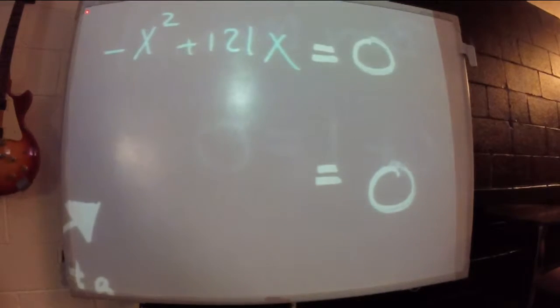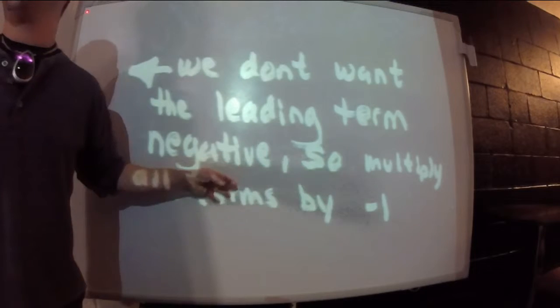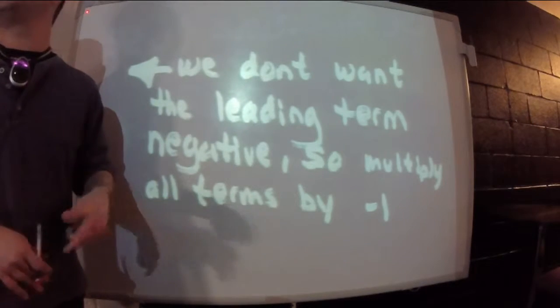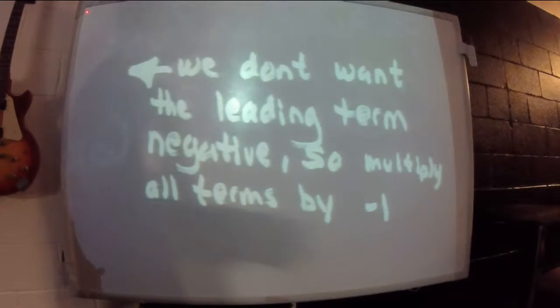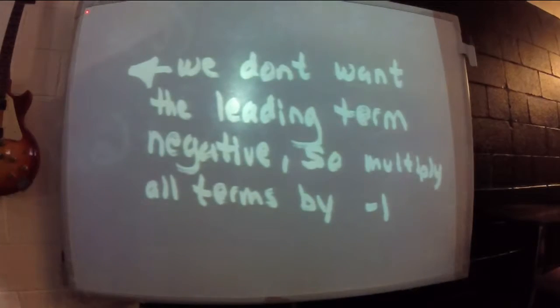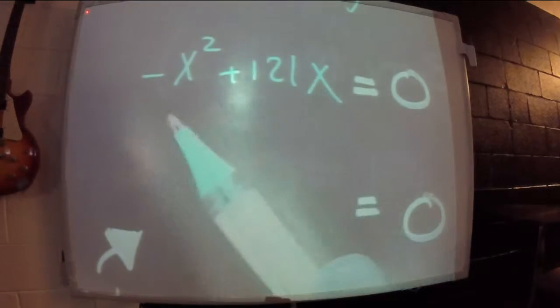All right, one note. I'm going to scoot over here and look at the note right here. This says we don't want the leading term negative. Most often, you don't want your x squared piece to be negative, and there's an easy way to fix it. Just like you've learned before, multiply everything by -1, and that'll fix it. So we don't want negative x squared. I don't mind if this one's negative. I don't want this one negative. So